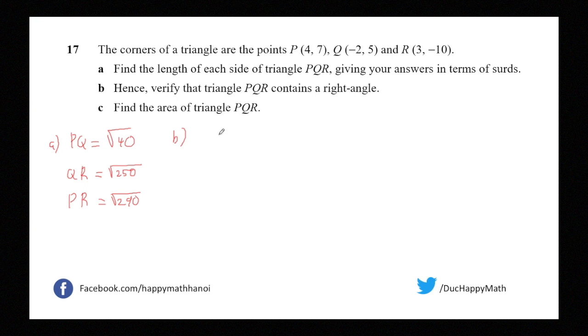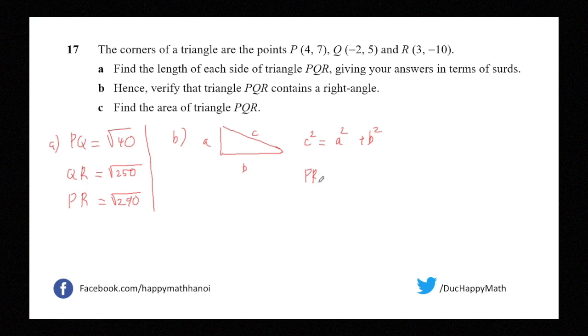You know the right triangle has the Pythagoras principle. Pythagoras tells that the hypotenuse square will be equal to the remaining two sides' squares added together. So from the three sides in the triangle PQR, you will get